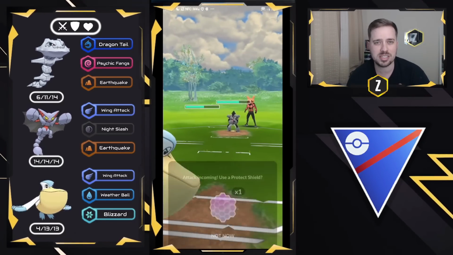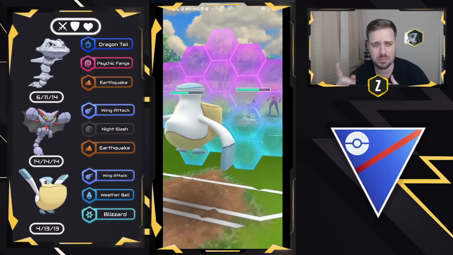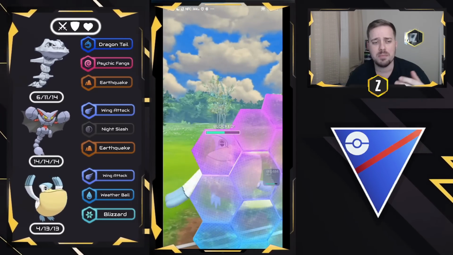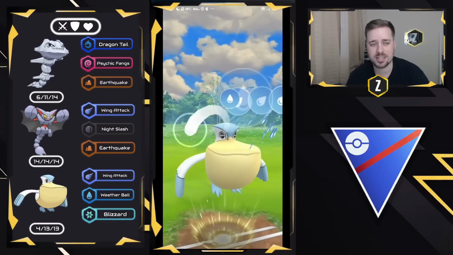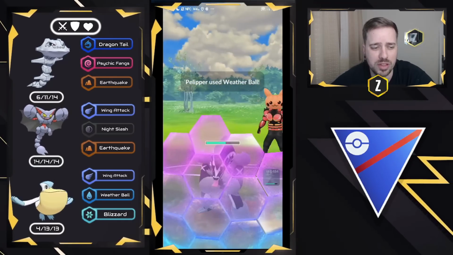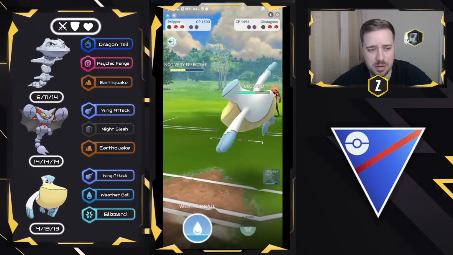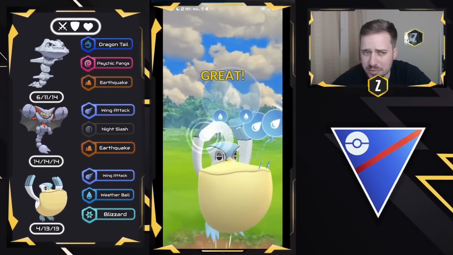This is somewhat similar to the Vigoroth matchup. Granted, Body Slam does a lot more damage than these Night Slashes, but in this situation, Weather Ball and Wing Attack is definitely more favorable for us in this matchup against the Obstagoon. So we're going to go ahead and go for the double Weather Ball right here, and this is probably looking to be a good game, very well played, because their next Night Slash shouldn't be enough damage to kill us,